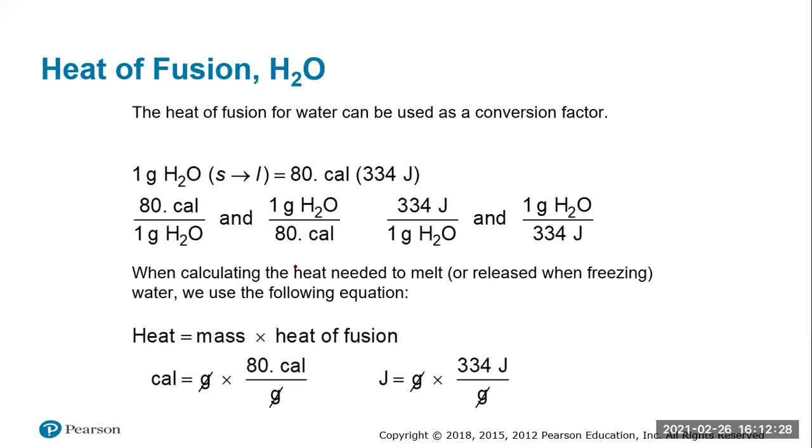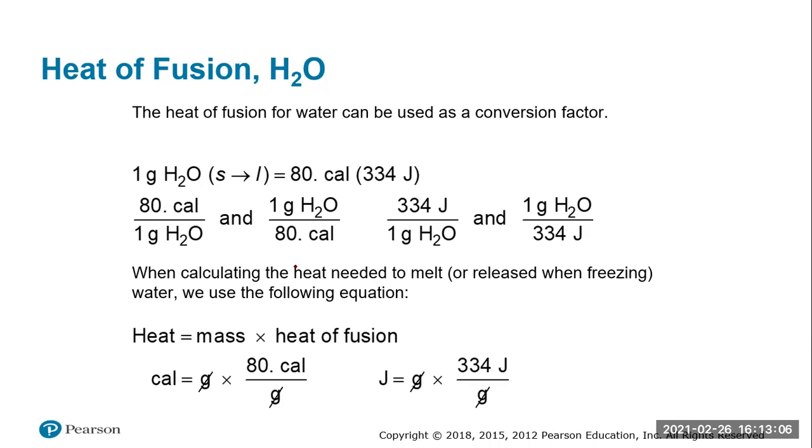And again, we could use these as conversion factors by figuring out how much heat it takes to simply change that substance from solid to liquid, or liquid to solid. You just take the mass times the heat of fusion. This number, the 80 calories per gram, or the 334 joules per gram, is specific for water. But other substances have other values for heat of fusion, and it does vary depending on your substance. A lot of times we deal with water, so you do see water given often. But if we weren't dealing with water, a couple of things would be different.